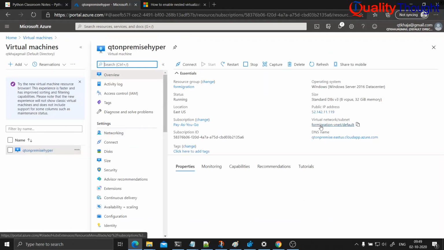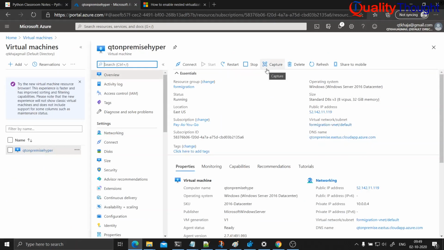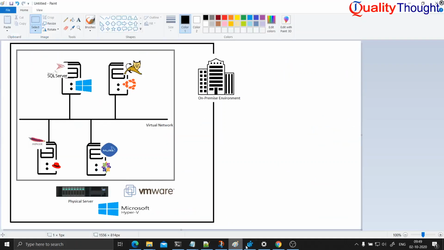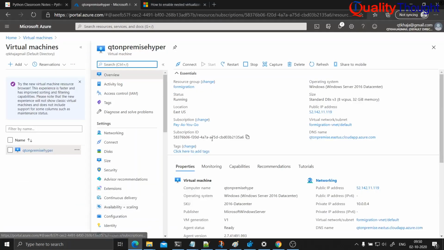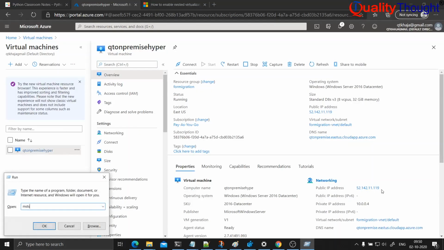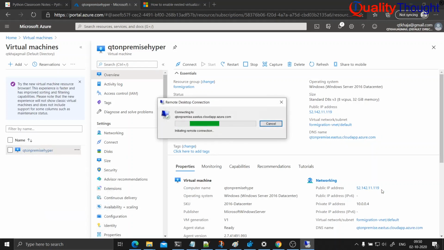If you go to home, virtual machines, Qt on-premise hypervisor. While it is taking time, let me go back to this image. This physical server is equivalent to whatever we are trying to create. Yes, we are creating a virtual machine, but consider it to be a simulated physical server on which we have Hyper-V. Let me copy this. Now let us try to connect. Hopefully it should be started by now.